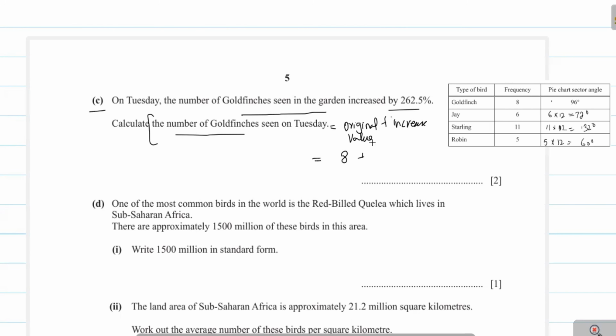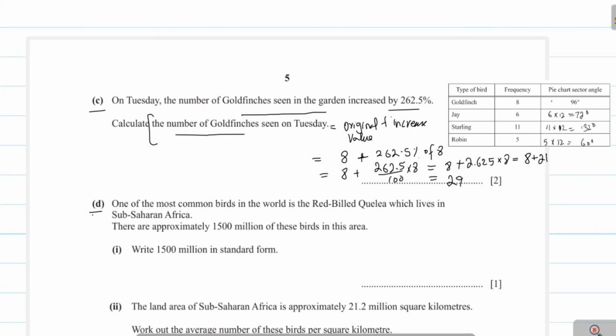Original goldfinches is 8 and the increased finches is 262.5% of 8. Now we write 8 plus 262.5 over 100 multiplied by 8, we get 8 plus 2.625 multiplied by 8. This value is equal to 8 plus 21, and this is 29, and this is the